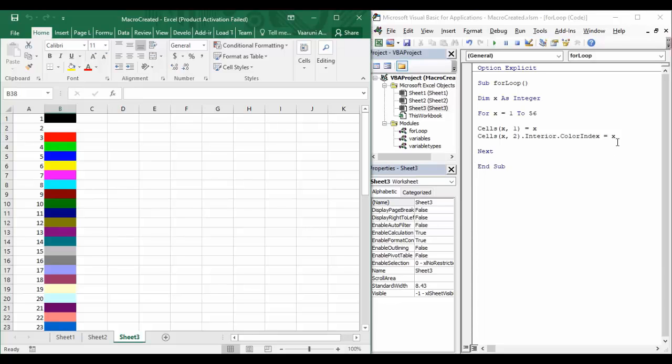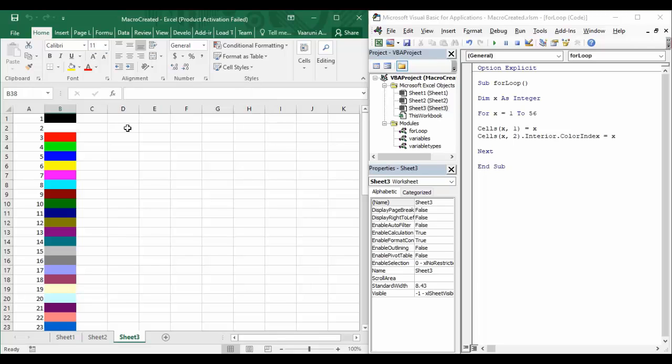Another important thing that we need to understand in a for loop is, up till now we just wrote 1 to 56, and what did it do? It traversed the for loop from 1, 2, 3 and so on up till 56, which means there was a gapping of 1 every time in the for loop. But what if we do not want the gapping of 1, we want gapping of something else? Suppose we want gapping of 2.